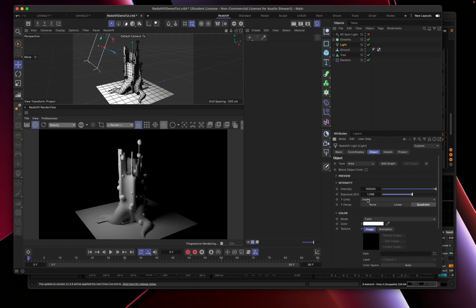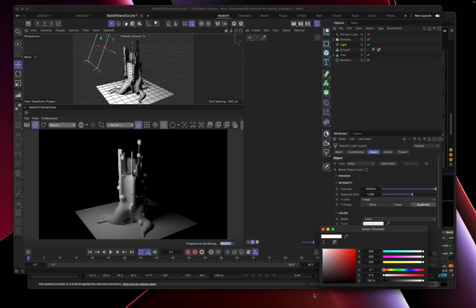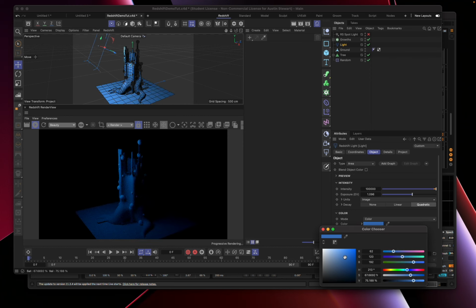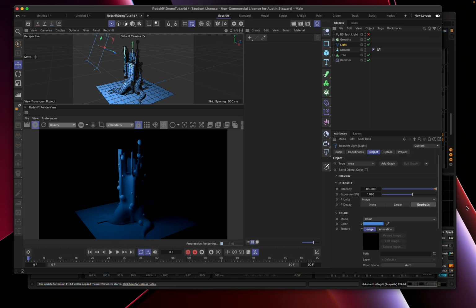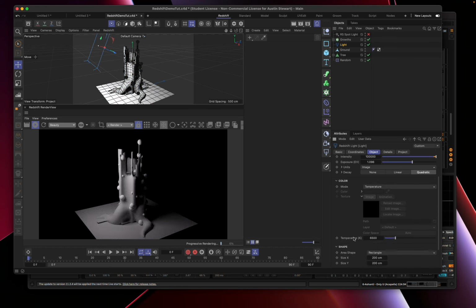If we go down a little bit further, there's units. We're just going to leave it in image format for now. If we go down, we can do color. So we can choose any color of the rainbow, RGB, hue, saturation, whatever. We could say, I really want this to be a kind of blue light, so we can choose a color that way. We can also change this to temperature. If we change this to temperature and scroll down a little bit more, you'll see the temperature here. So I can make this cooler, or I can,